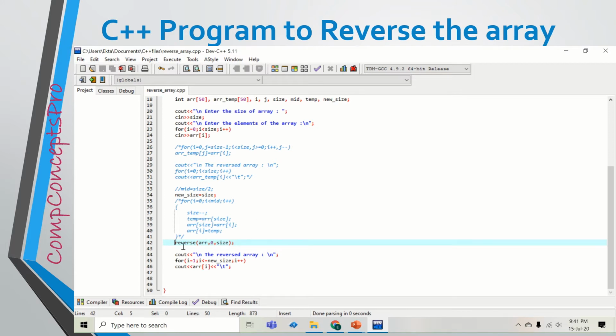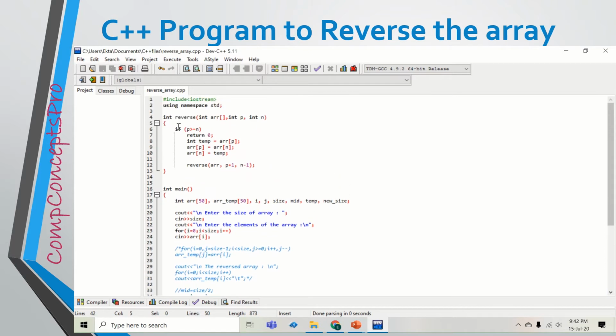The name of this recursive subroutine is reverse. Before calling this function, I have stored the actual size of the array in a temporary variable, which is new size, because some manipulation will be done on the actual size of the array. In this reverse function, we are going to pass the actual array, the entire array, the index position 0 and the size of the array.